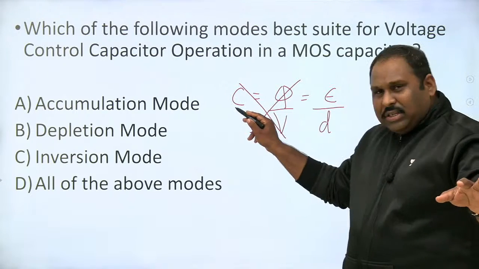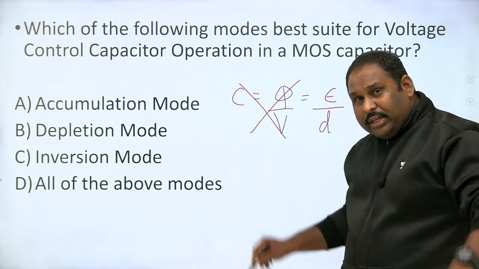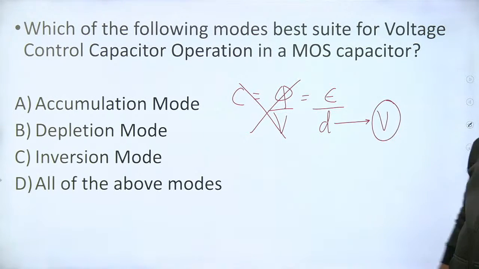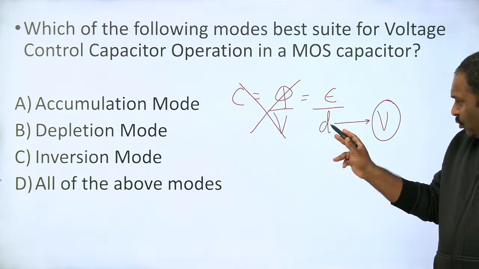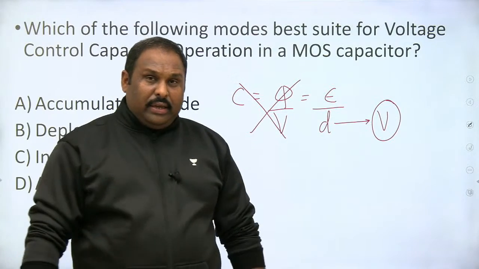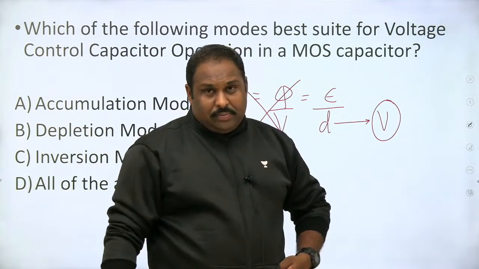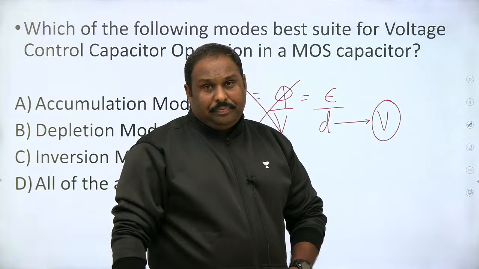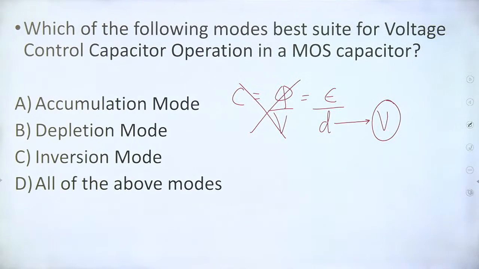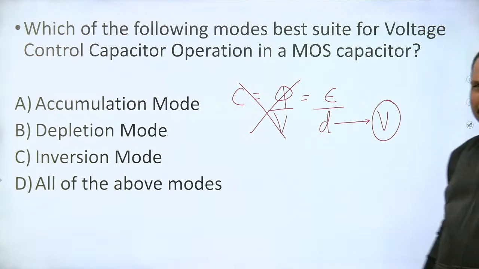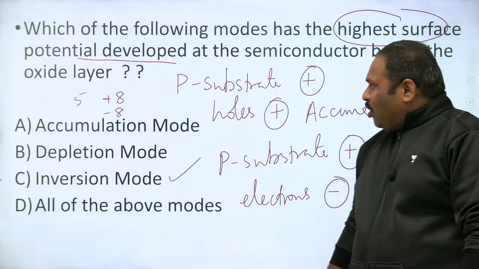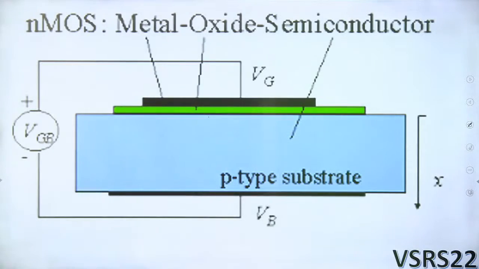So when can your capacitance change with voltage? It can change if your distance can change with voltage. ये जो width है कैपेसिटेंस के बीच में, ये अगर वोल्टेज के साथ चेंज हो सकती है, then your capacitance will change with voltage. So this is depletion mode. Depletion mode में एक ऐसी सिचुएशन है. Very good students, all of you are answering about modes. मतलब आप सबको बेसिक क्लैरिटी है. Problems I can very easily do it. If you're all clear with your basic clarity, depletion mode क्या होता है?